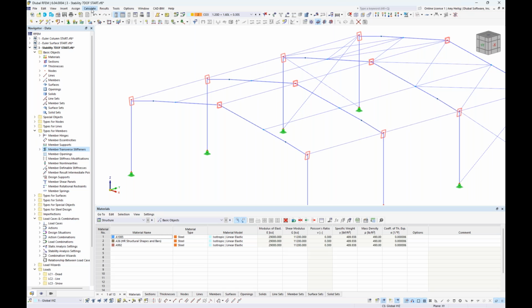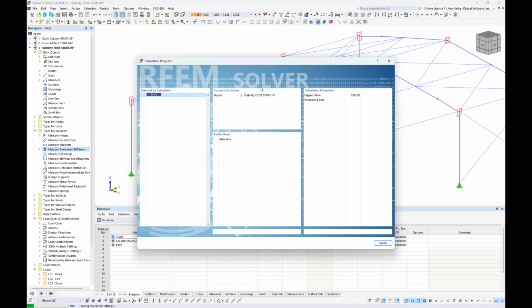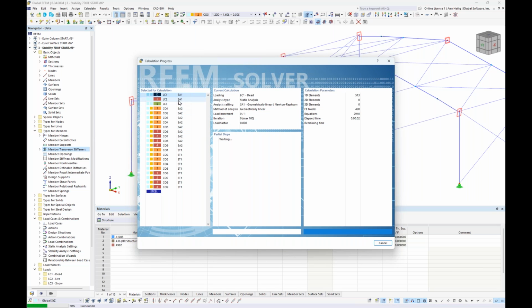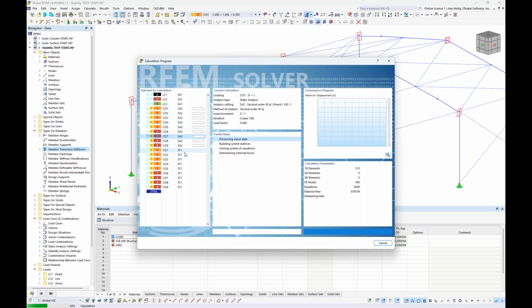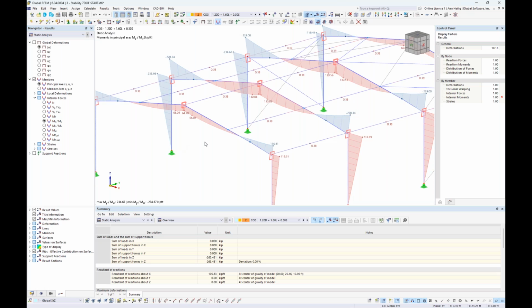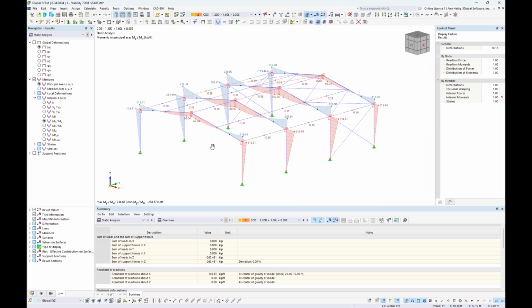So now we want to go to calculate all, and we have to rerun the static analysis now with 7 degrees of freedom. So we see the load cases carried out, but also those load combinations according to a second order analysis. Then we run through the structure stability again for all load combinations, and we should see slightly different results here. So number one, taking a look at the static analysis results,